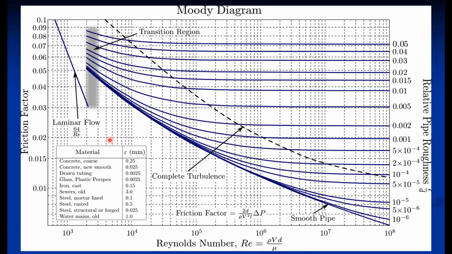In most engineering practice during pipe analysis, one must use this particular chart. If they have geometric information, that is the diameter of the pipe, and other flow parameters and fluid parameters, like density and viscosity, and the flow parameter like velocity, and the roughness of the pipe, then with the help of this particular chart, we can get the value of friction factor. And later on, if we know the friction factor, we can calculate the pressure drop by using this relation or frictional head. So this is the use of this particular chart.